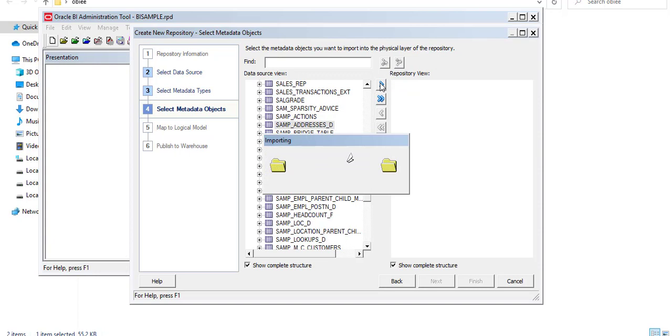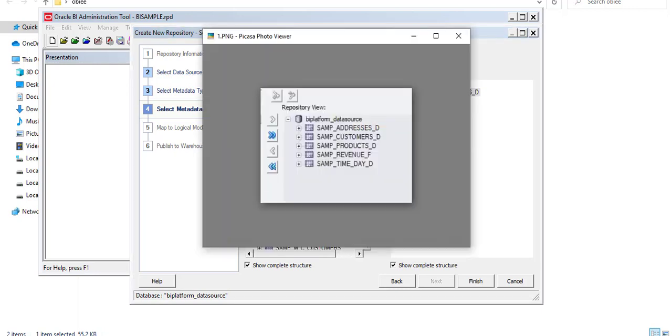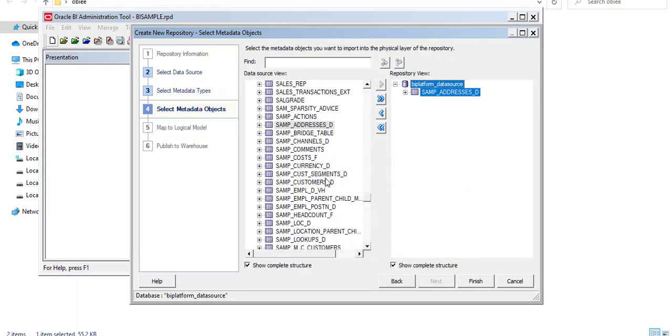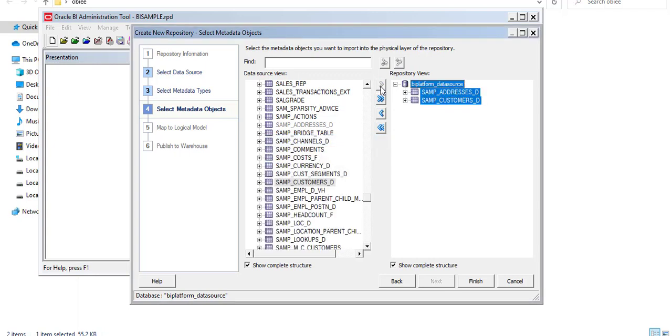Importing may take some seconds because the table has huge data. Now we select the next table, SAMP_CUSTOMER_D. We can select one by one, or select multiple and then import from left to right.